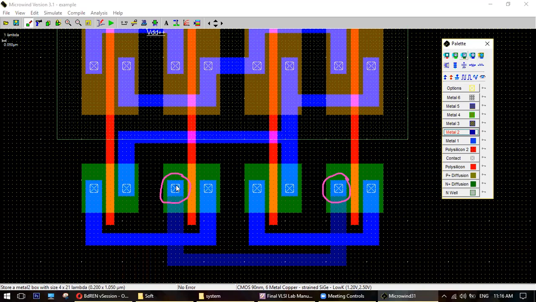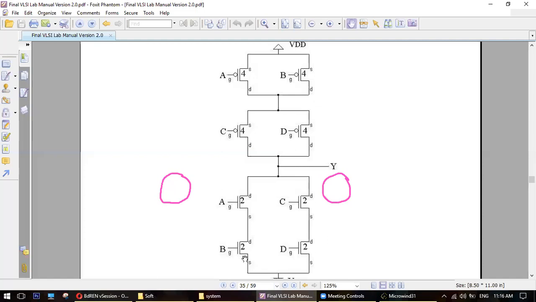Exactly. That means previously it was metal 1. Now if I bring it and place it on top of it, got my point? So metal 1 will be converted to metal 2, right? In this point, only on this point. Okay. So our connections are done. In this case, we actually change the metal from metal 1 to metal 2, and we come here. Now these are the connections, B source and D drain, D source.